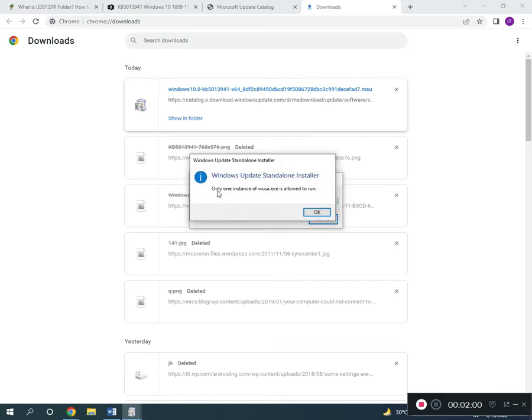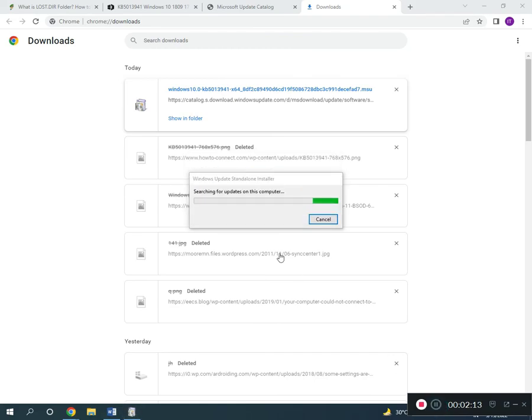So actually I have already done it. I clicked two times, so it is showing this error. So you don't worry,